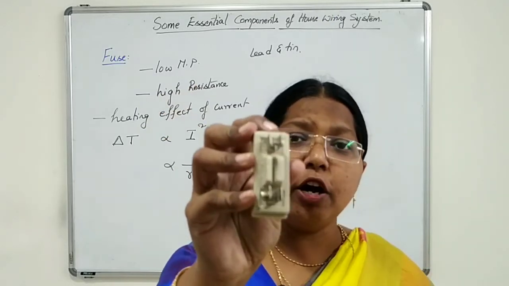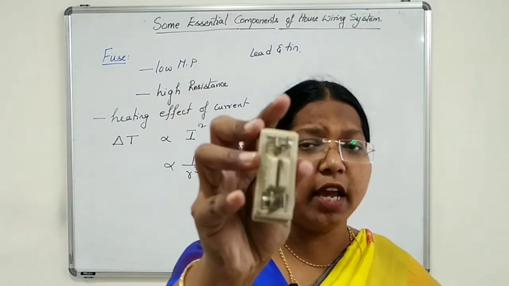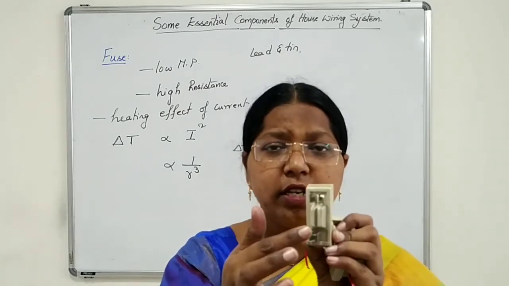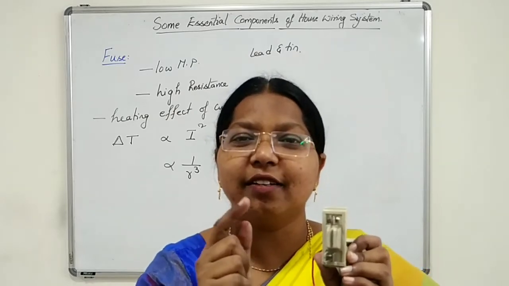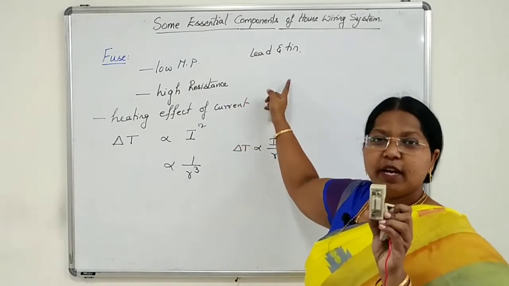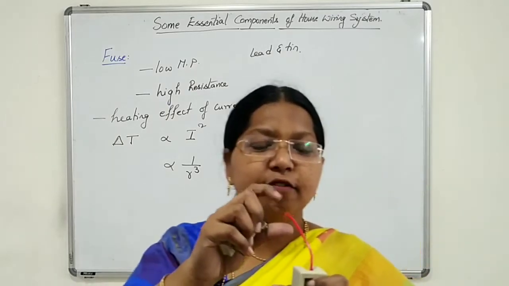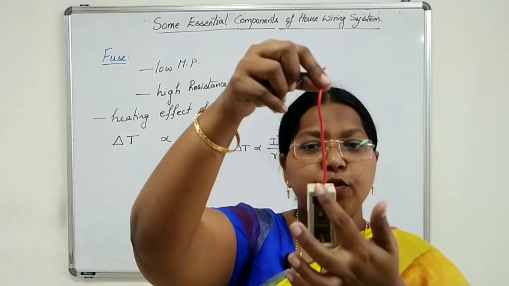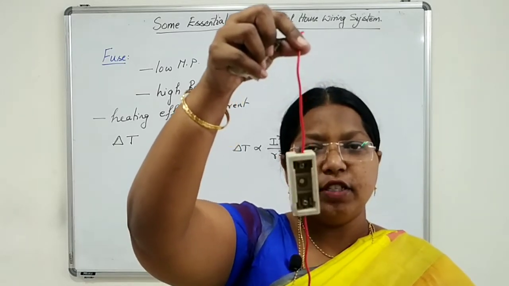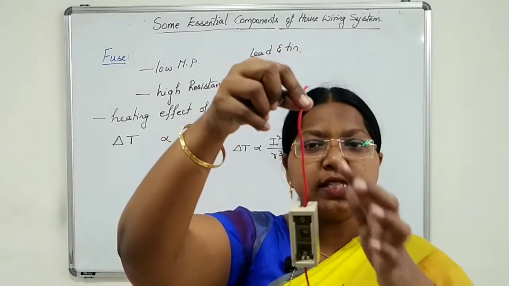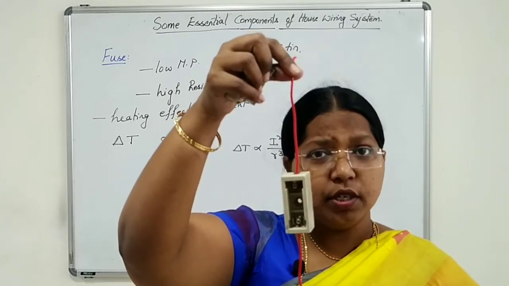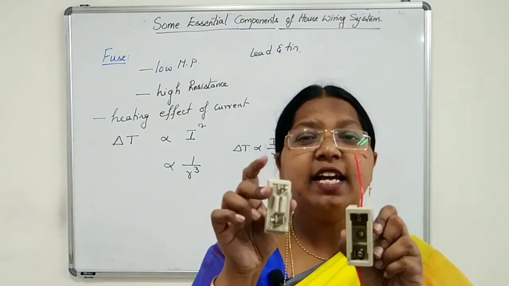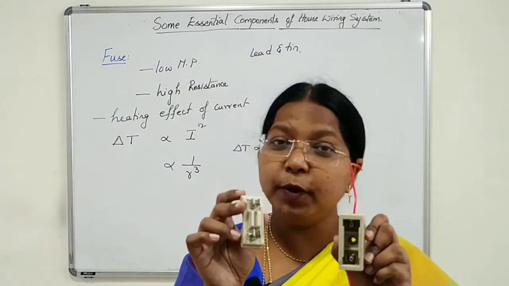In the plug you also have two terminals T1 and T2. So there will be a connection between these two terminals with the help of fuse wire. So the live wire which is coming from the pole is connected through fuse wire to the line which is going into the house. This current flow is only allowed through this fuse wire between two terminals T1 and T2. Hope you understood now.